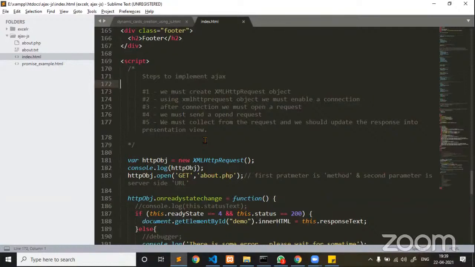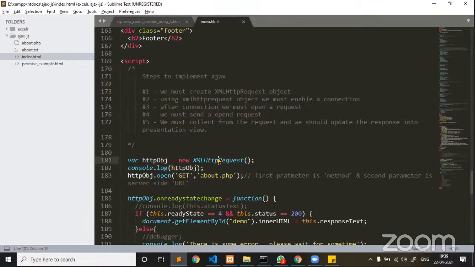Okay guys, next what I'm trying to explain, first the step number one is we have to create an XMLHttpRequest object to place Ajax calls in a browser. Step number one here, in the line number 181, I have created an XMLHttpRequest object. How did I create it?